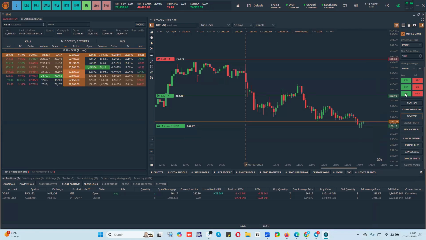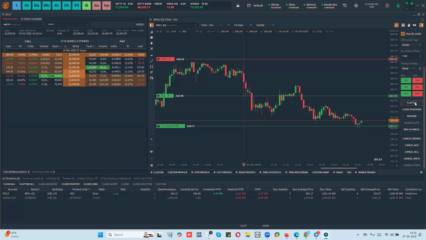I have a position now and I have some orders here. Close all will close the existing position. It doesn't cancel your pending orders in that particular chart or for that symbol. But when you click on flatten, it will close the existing position as well as cancel all the pending orders in that particular symbol.